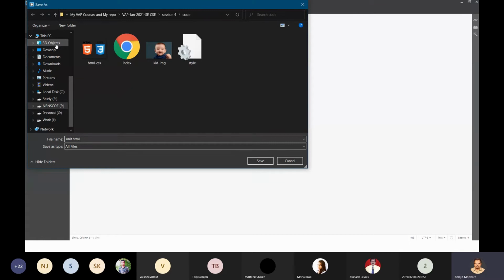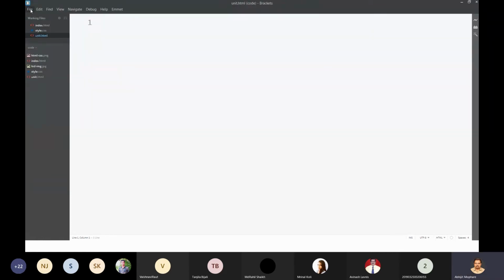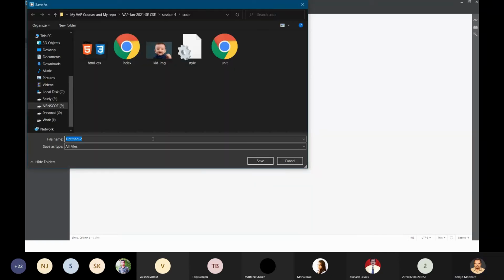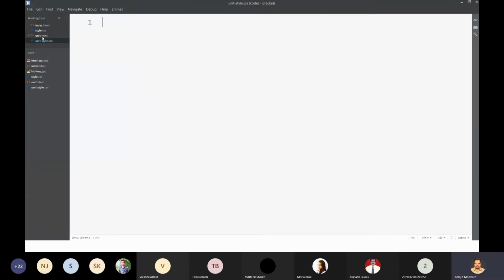And I will create another file and I will save it as unit style.css. It will be my style document for my units HTML document.